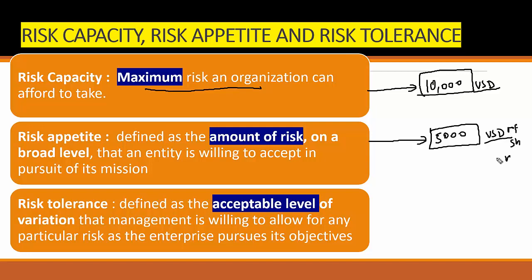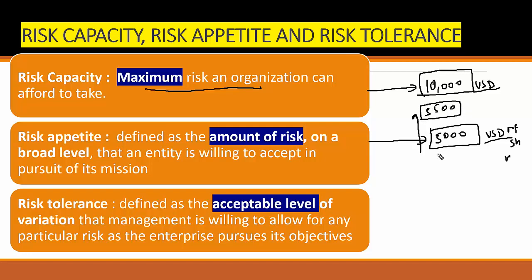But in one of the months, I found there is a new mutual fund, there are some new shares, there are some new initiatives. Let me invest in that. For example, there's a new Bitcoin trend happening in the market. So I decided, let me invest and let me increase my investment appetite. So I increased my appetite from $5,000 to $5,500. So I increased my appetite by $500 here.